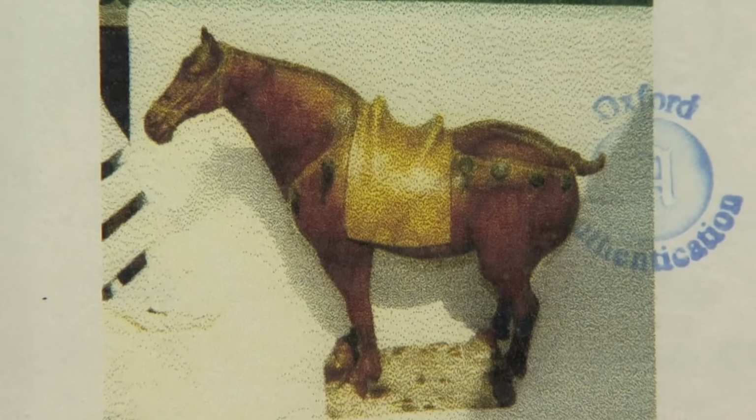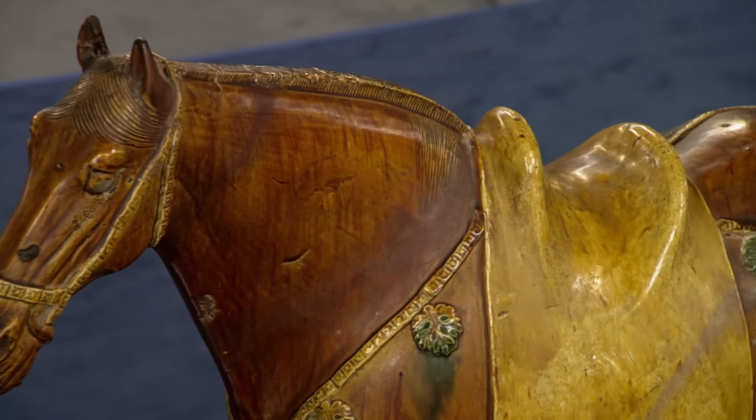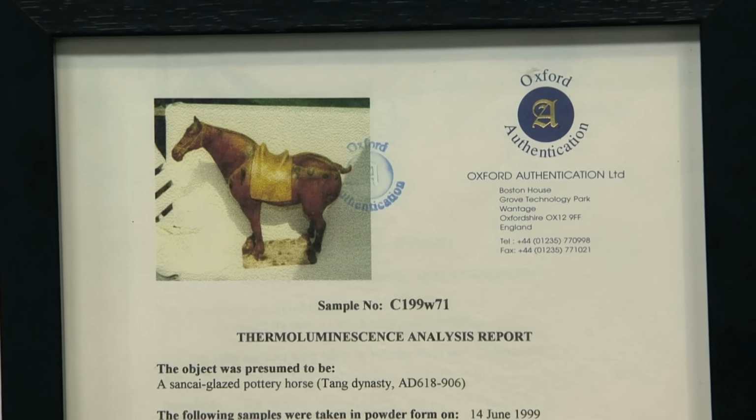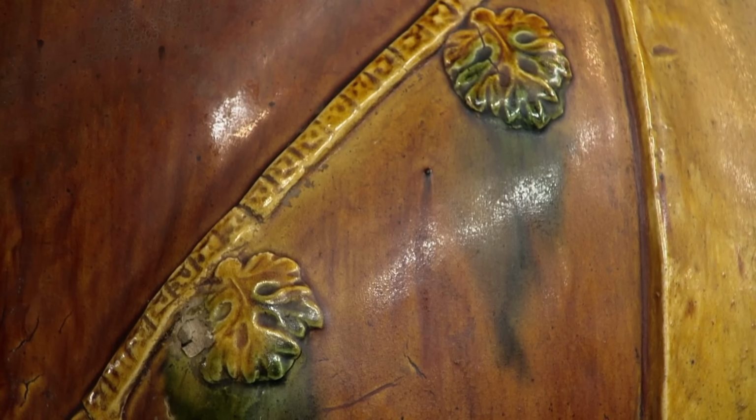The appraiser explained that such Tang Dynasty horses are rare, especially ones of this size and with the distinctive 3-color glaze. Historically, these ceramic horses were buried with noble owners, reflecting status and prestige. Had she returned with the authentication certificate in 1999, the piece would have been valued at